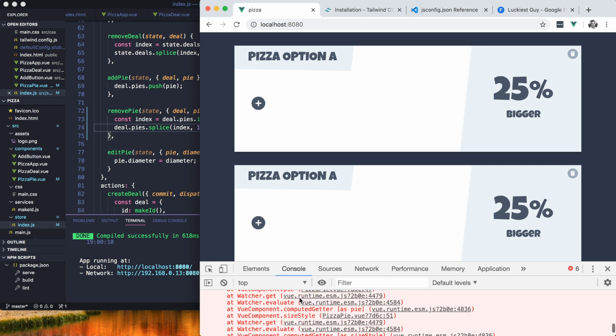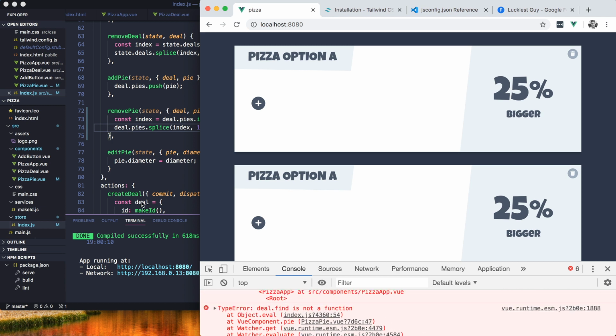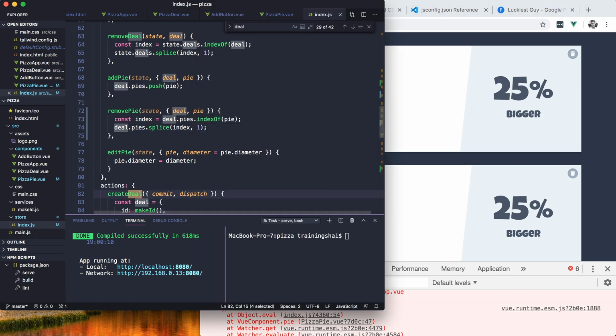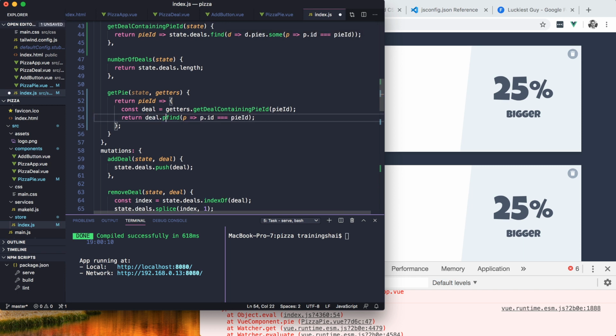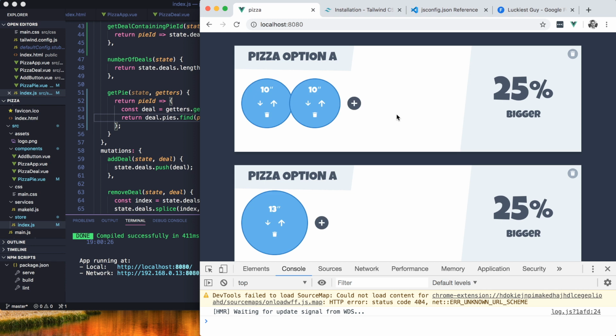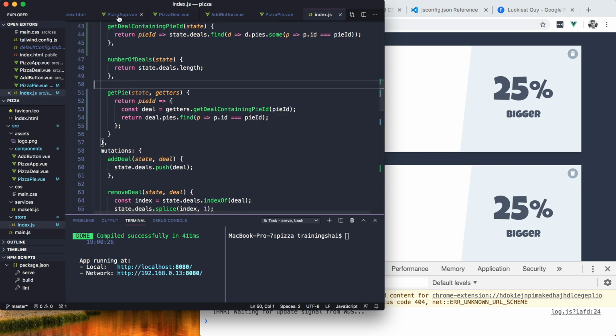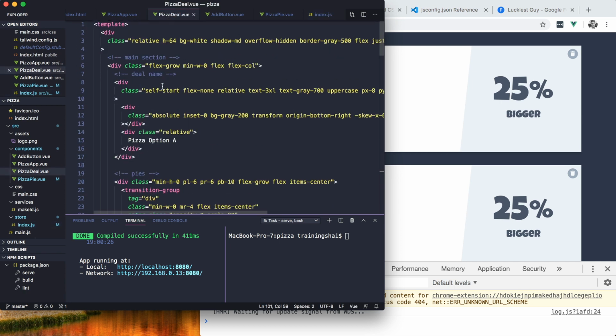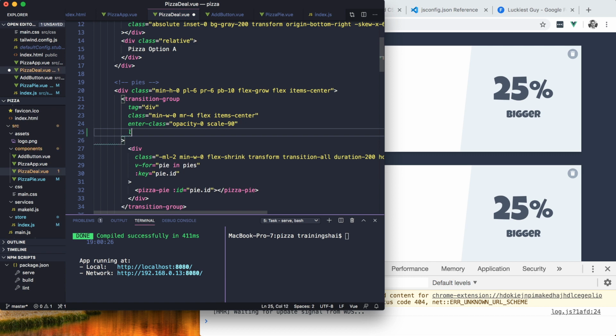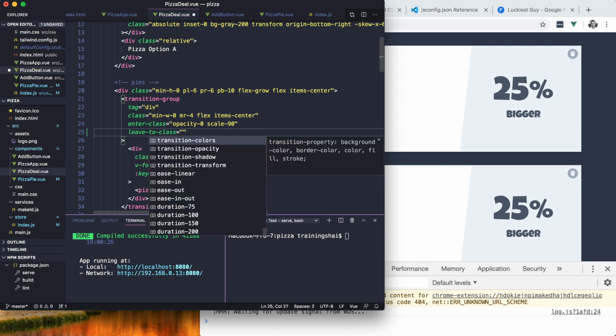Okay, something's not worked, so we have a typo somewhere. Deal.find is not a function. That is very true, because it should be deal.pies.find. There we go. So we should now be able to delete a pi. Let's get a quick transition on it. So we've already got an enter transition, we just need a leave to. It's going to be, let's leave to the same place that it